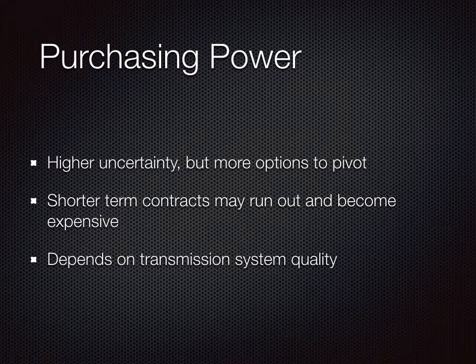A corollary to this is if you want to purchase power, not build generation, and your transmission system is not in the condition that it needs to be in order to purchase power, you can commit to capital expenditures over the course of several years to improve your transmission system and collect profit on those expenditures. This has the double benefit of increasing your short-term profit as well as increasing your ability to manage your generation profile.